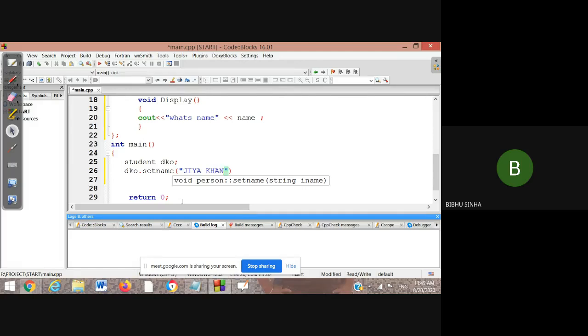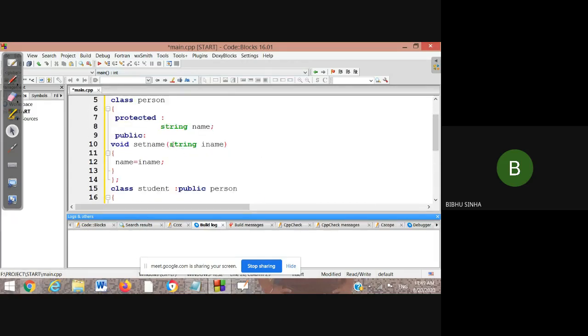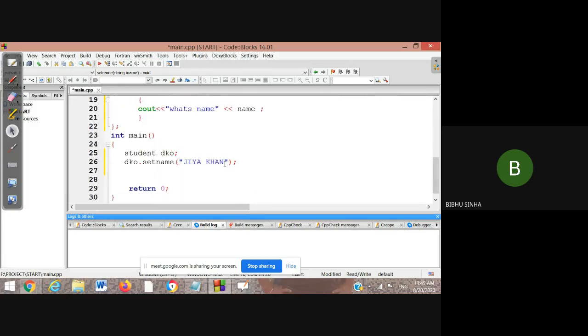The name is going to be set in the string name, and that value will be inserted in that variable, in these parameters, right?